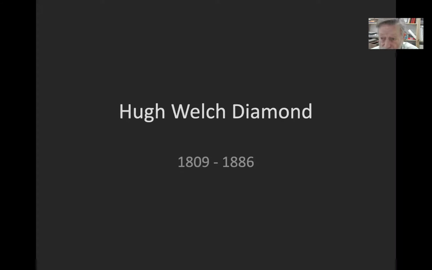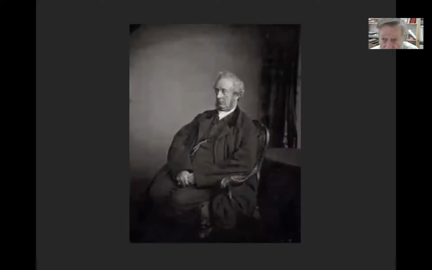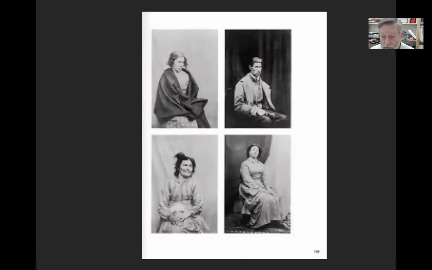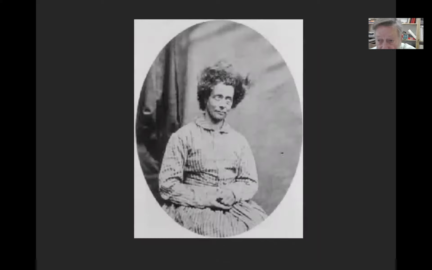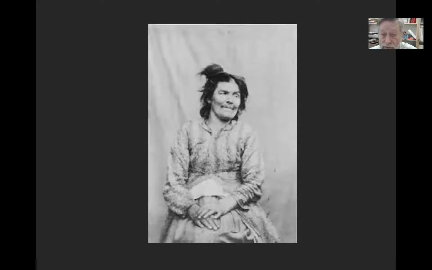Hugh Welsh Diamond was a doctor, and he ran an institution, a sanitarium. A lot of his patients. This is a time when they thought that a person's skull shape revealed their personality, their propensity towards violence or criminal action or insanity. They felt that by photographing these faces, they could get some insight into their issue, into their problems. If you've ever read